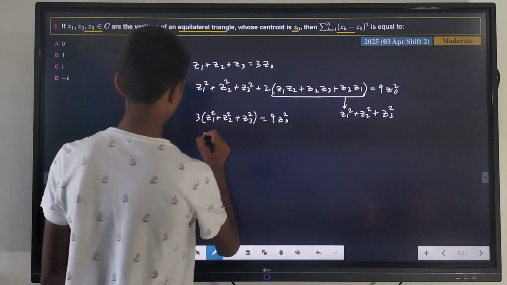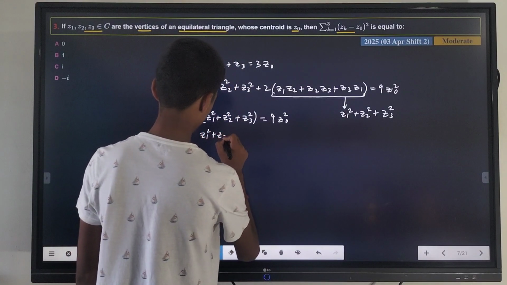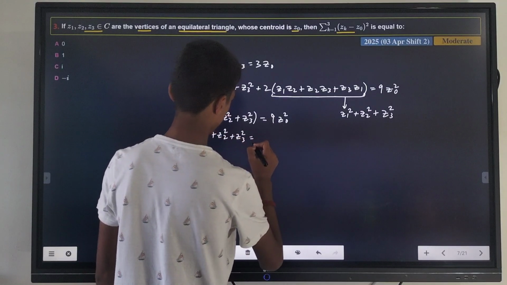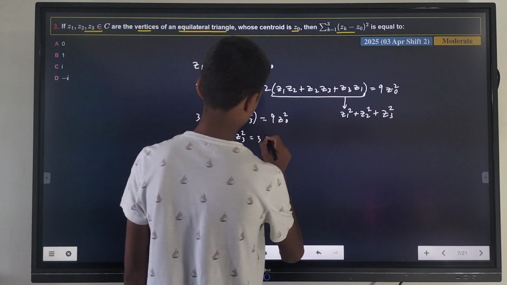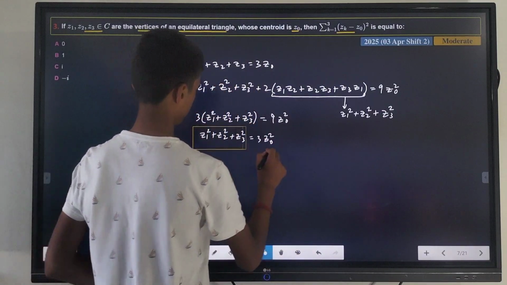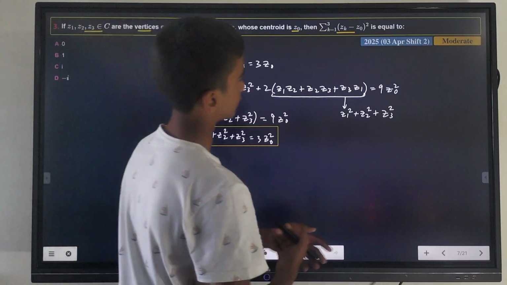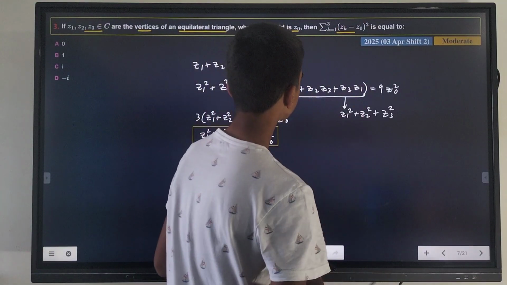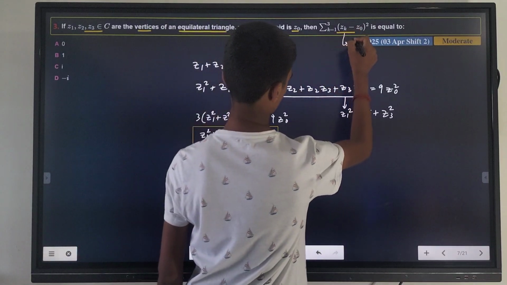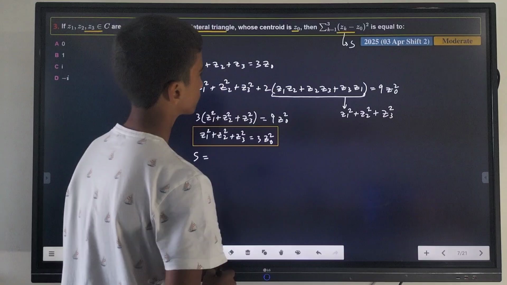From here, z1 square plus z2 square plus z3 square is equal to 3 times z0 square. So let's keep in mind this equation, and now let's find the value for the sum. So let's say this is S. Our S is equal to